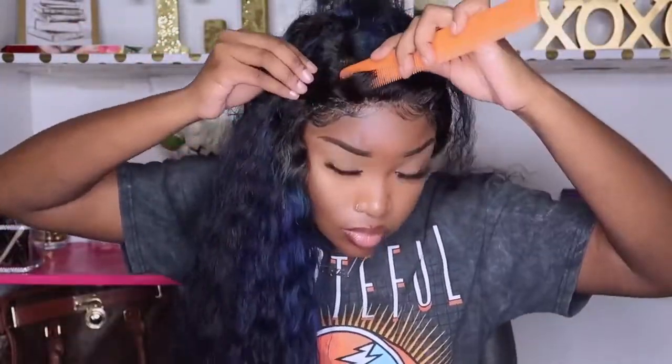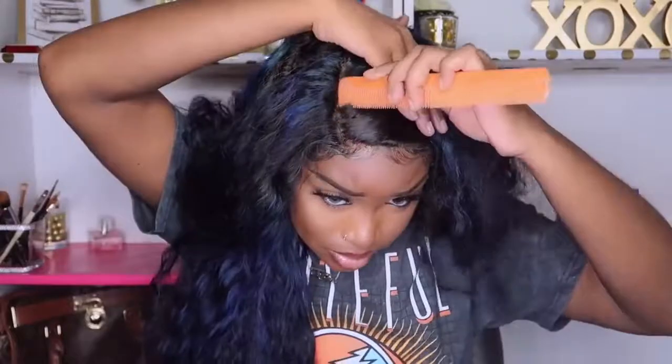So yeah, we're gonna do the half up, half down style, like sleek. We're just gonna do that ninja bun and whatever. I don't know if did I show that part? I probably didn't, but anyway, I'm just parting the hairs on the side, adding pressed powder. I use the LA Girl pressed powder. I believe the color was toffee, not 100% sure, so we're just doing the parting on both sides. I didn't worry about the parting in the back half because like no one's gonna see that, no way. Okay, but I did add some, like, put some hair down to cover up the track just in case the wind blew my ponytail on somebody trying to come for me and see if my hair real or not, you know. But yeah, that's basically all I'm doing on this part,